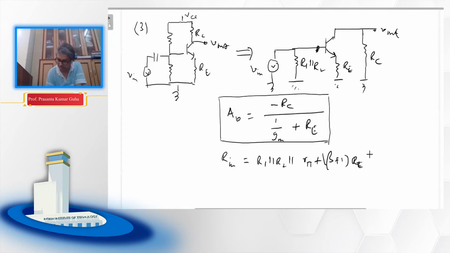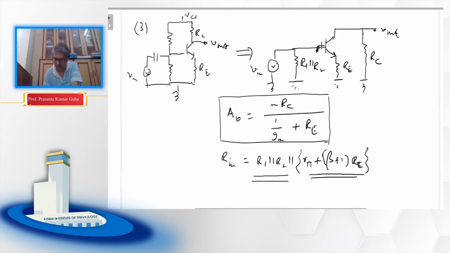Okay, so initially this was our input resistance along with this R1 R2 in parallel. So this additional term will come into picture because R1 R2 is here, right? So this is your input impedance, and the corresponding output impedance again we know, right, that we have